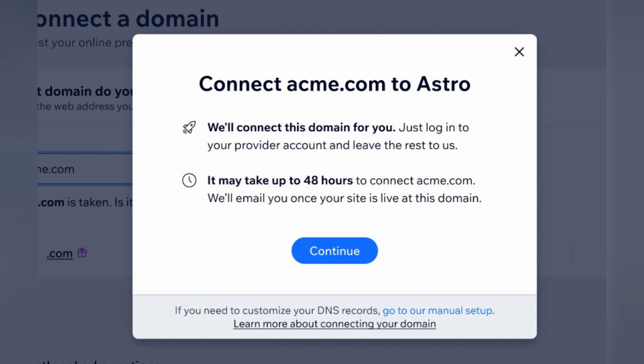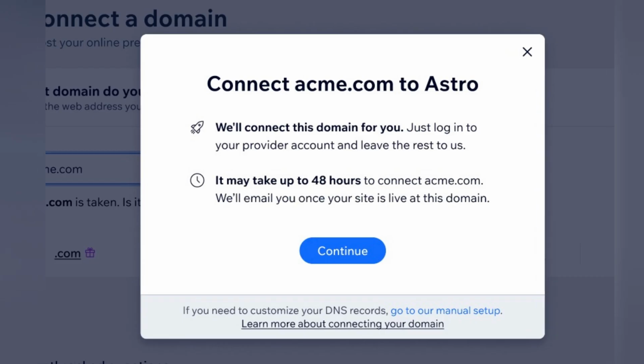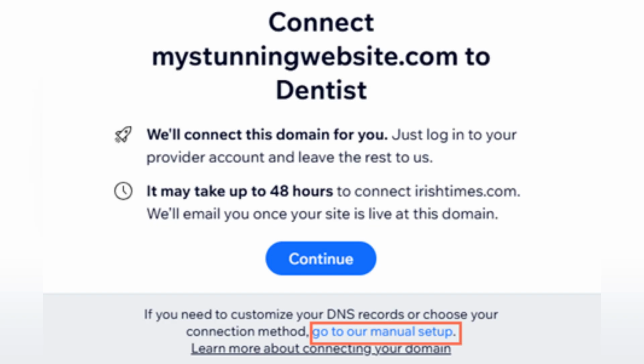If you need to do it manually, the next step is updating your name servers. In your GoDaddy account, find your domain and click DNS to reach the management settings. Look for the name server section and click Change. You'll need to select Enter my own name servers and paste the two Wix name servers that usually look like ns1.wixdns.net and ns2.wixdns.net. This works like your site's address book, telling the internet to look at Wix's servers whenever someone types